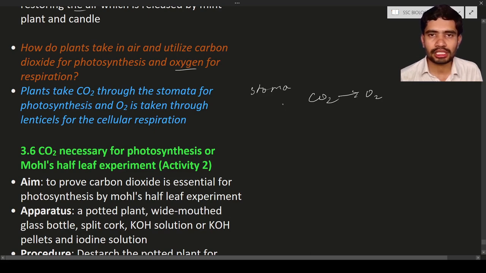Okay, and not only that, the lenticels. We will discuss the lenticels in upcoming lectures, and how important they are. They are used for cellular respiration. Okay, next is